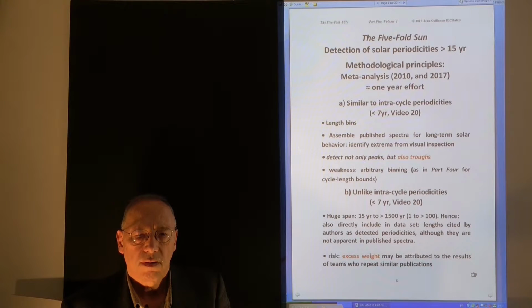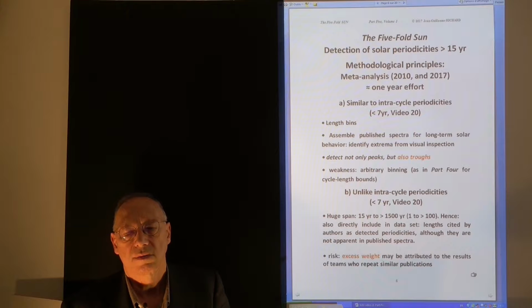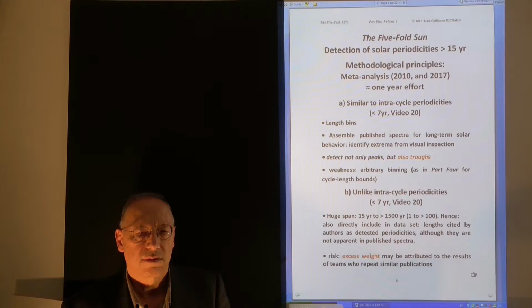The methodological principles retained for the detection of such solar periodicities in the Fivefold Sun project are, as usual, a meta-analysis. It was performed in two parts, one step in 2010 and the other in 2017, about 1 year full-time equivalent approximately in total. And it is similar in method to what was explained in video 20 for the intracycle periodicities of less than 7 years, except that